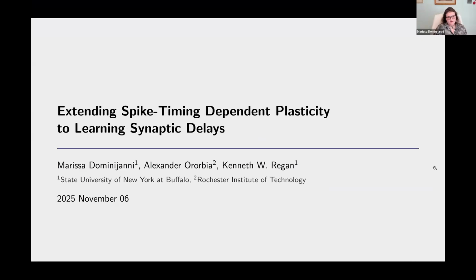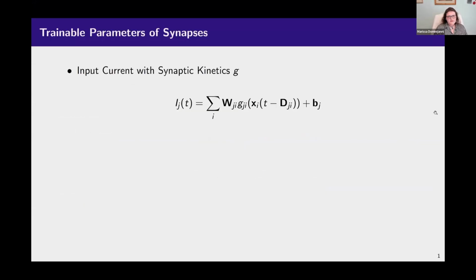Today, I want to talk about some work that we've been doing on extending STDP with synaptic delays. I've already been hearing a bit about delays, so this might be a little redundant, but just to frame the general concept, we have some sort of input current going into the soma of the neuron, and then we have multiple parameters that we can train that control what generates that, aside from the input itself.